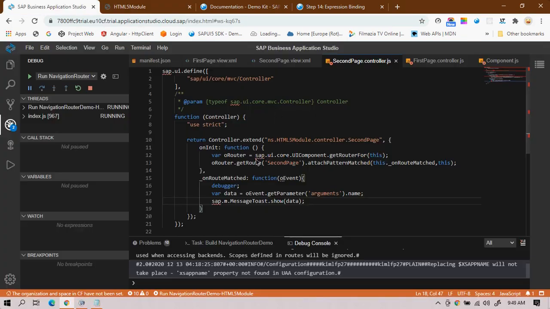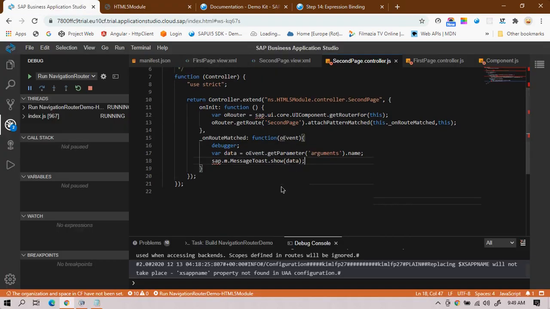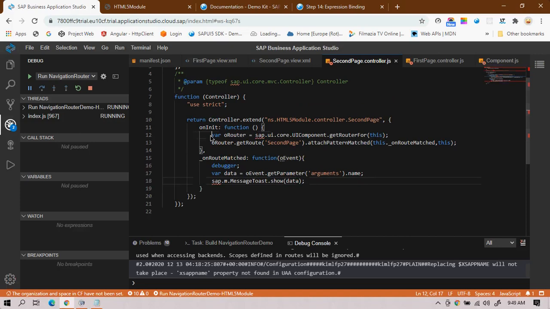No. Okay, so was it easy or hard to understand? The only hard part is that you just need to remember this line of code, this line of code and this line of code.